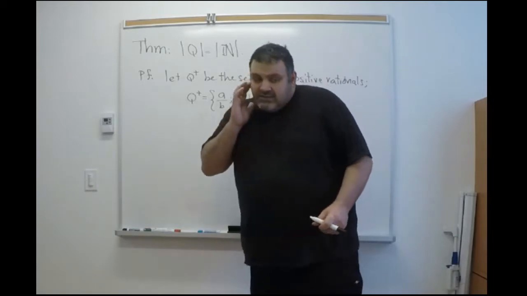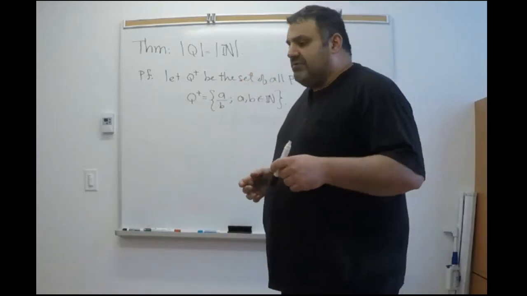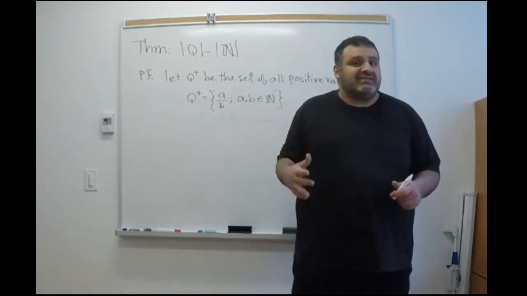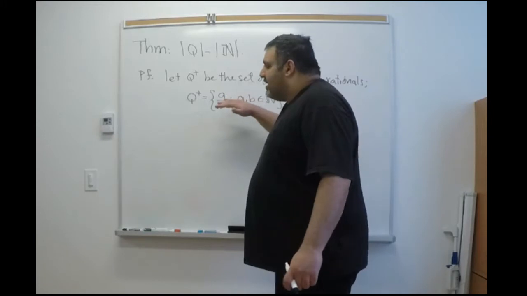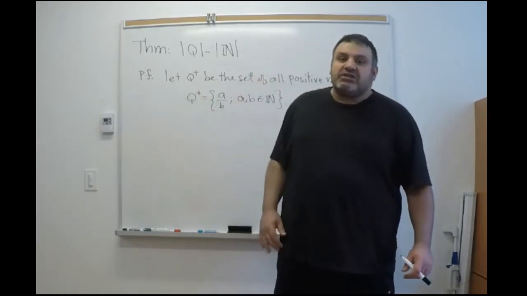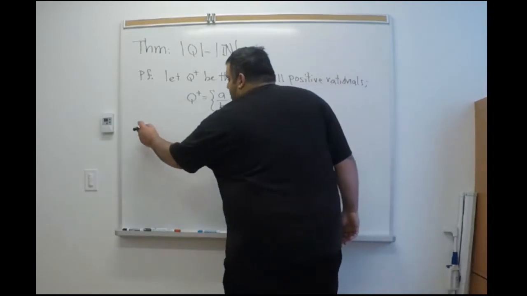The idea is to list all the elements in Q. Remember, to be countable means you can just list the elements in that set. So first we're going to list the elements in Q plus, then using that list, we're going to list the entire rational numbers. So first of all, define